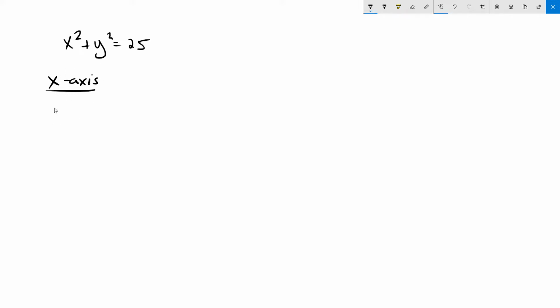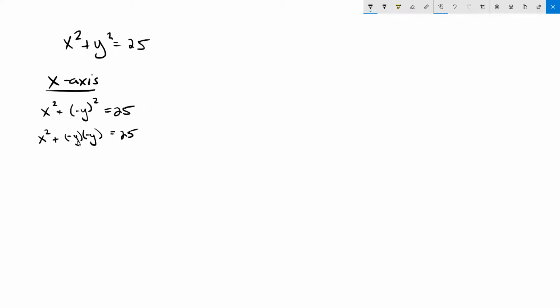We plug in negative y, right? So we're going to do x squared plus negative y squared is equal to 25. All right, so like I said, parentheses means you're not totally simplified yet, and this is because we have a negative y in here, right? So let's go and simplify. So we'll bring down our x squared, it's the same. But here, let's go ahead and write this as a multiplication. So we'll have negative y times negative y,